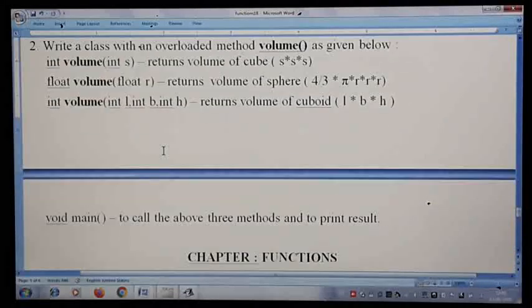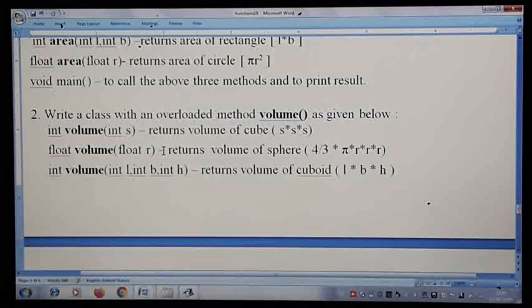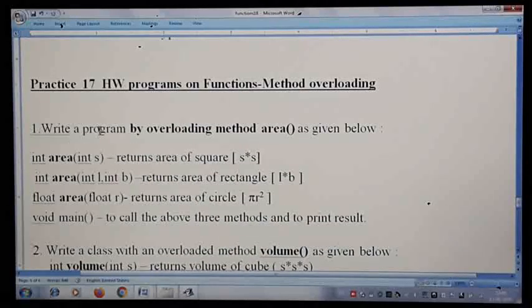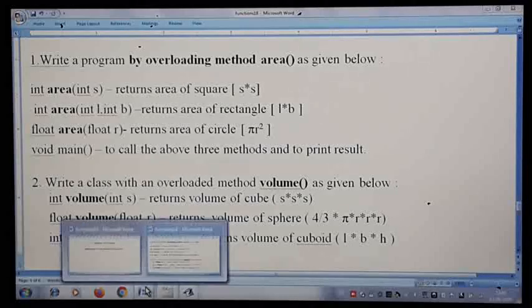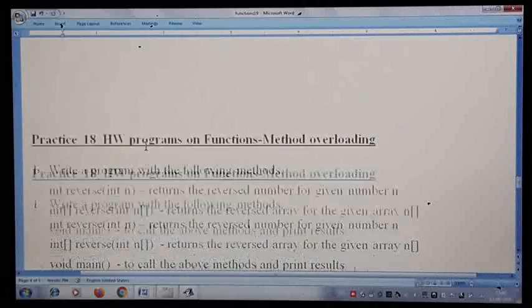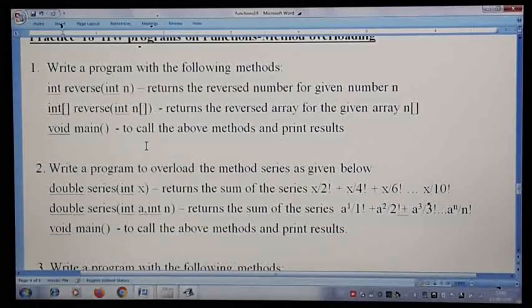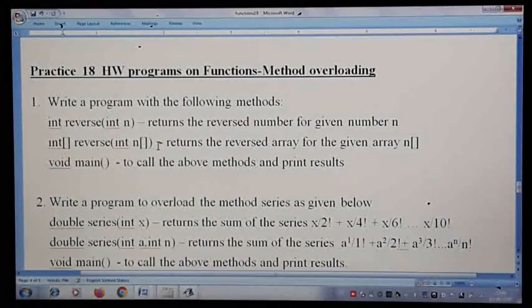So you can write them and come for the next class. Practice the 17 questions I discussed today. Along with that, I have the next set of questions for the next class. Before you come for the next session, write these programs.